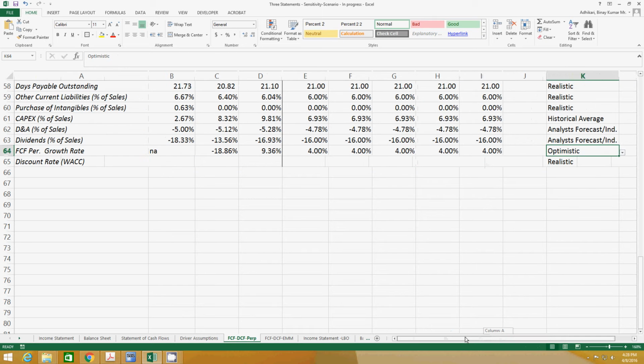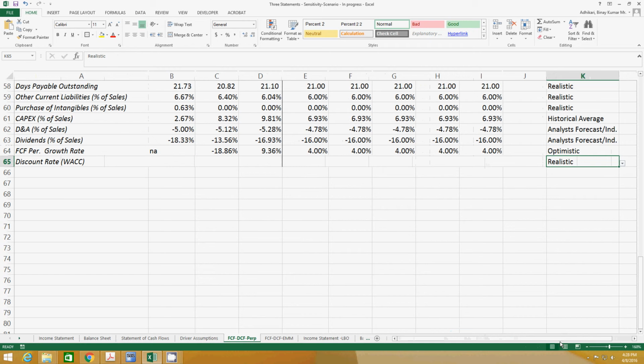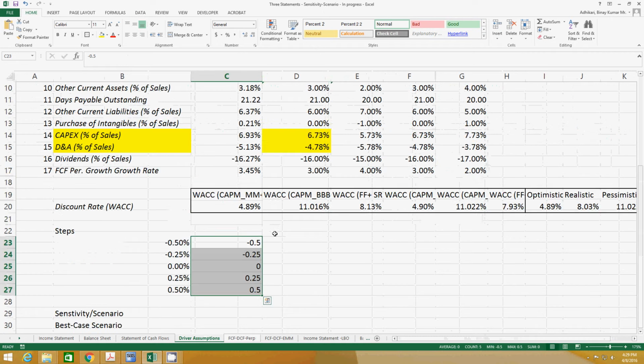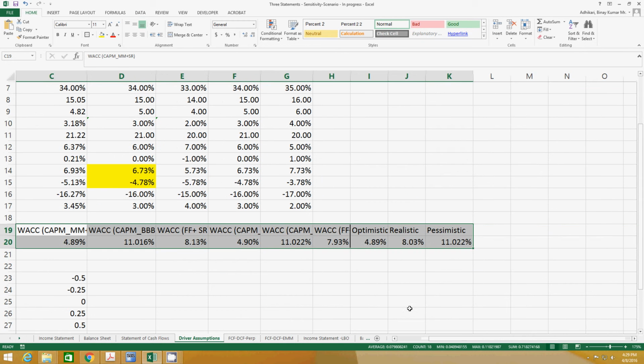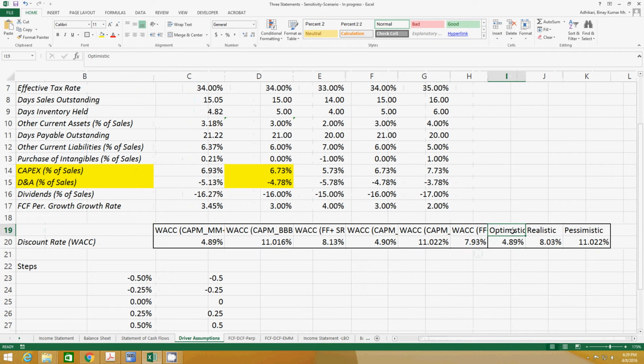If you look at the discount rate, the weighted average cost of capital, it can have different values: realistic, optimistic, and pessimistic, and all of these come from the driver assumptions here, right? So we have many different kinds of weighted average cost of capital estimates, and we want to say